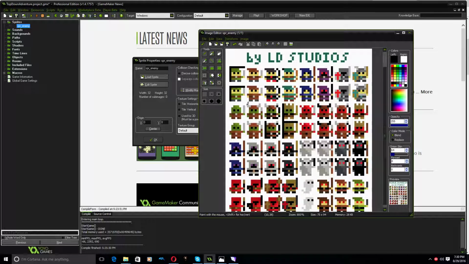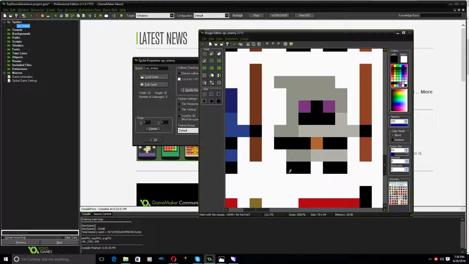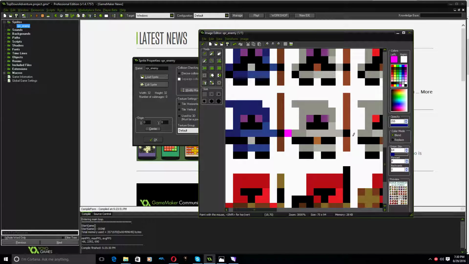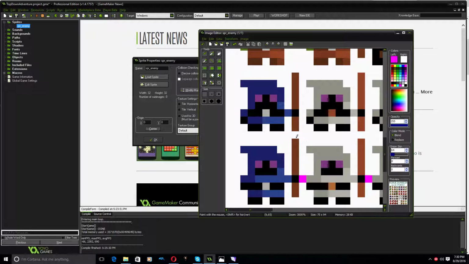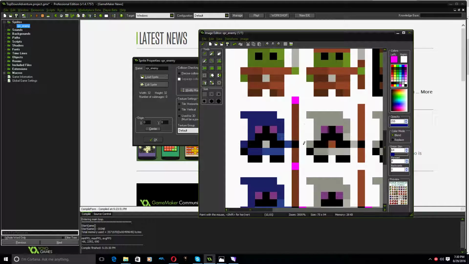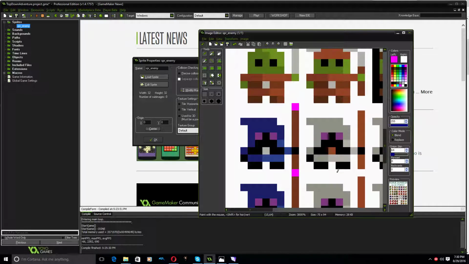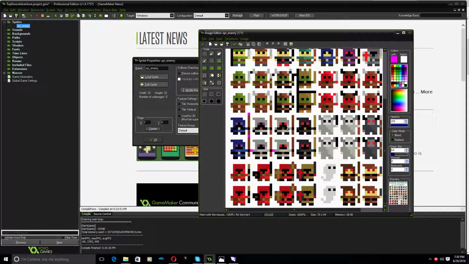All of these here have a gap of 1 pixel between each of them. You can see if I go down to these here, there is a 1 pixel gap there. I'll draw it in bright pink. There's a 1 pixel gap there. There's a 1 pixel gap there. There is also a 1 pixel gap between each of these. But it can be a little bit fiddly, and this sprite sheet doesn't look like it's laid out perfectly 8 by 8. So just keep in mind, there's a 1 gap between, and there's also a gap of 2 pixels